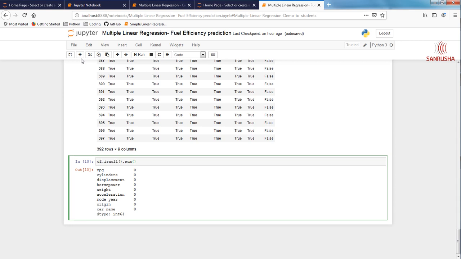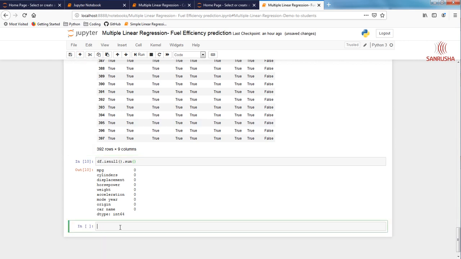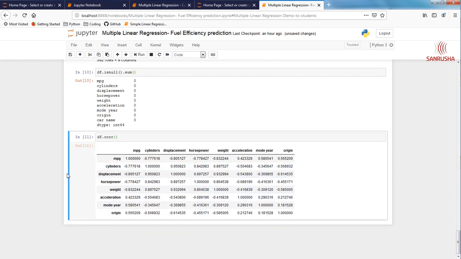Okay, so there exists a very simple method of finding multi-collinearity. There exist various methods of finding multi-collinearity. We are going to check two of them. One I regard as a simple method, and that is called finding out the correlations among these independent variables. So if you just say df.corr and run this, this gives you a matrix here, and you can very well see how these variables are related to each other.